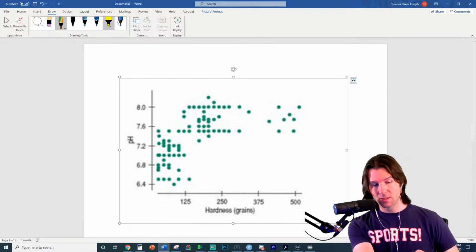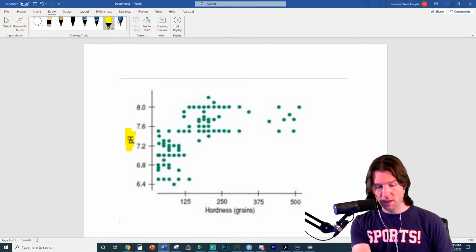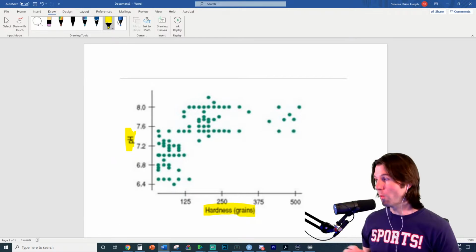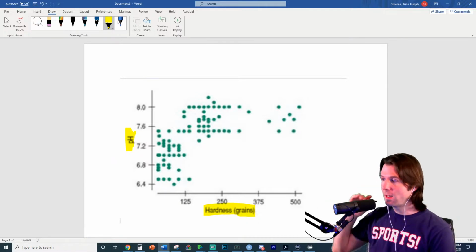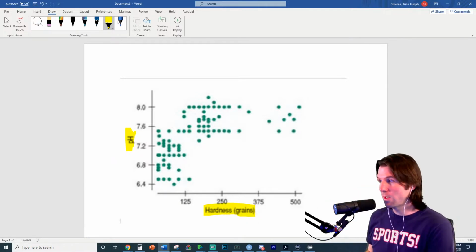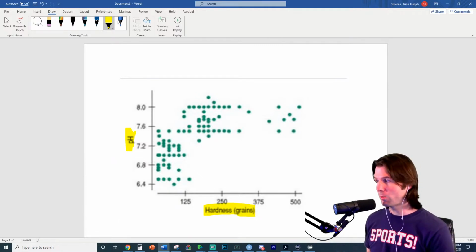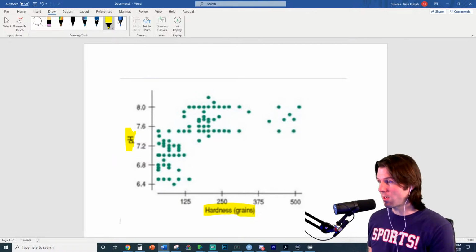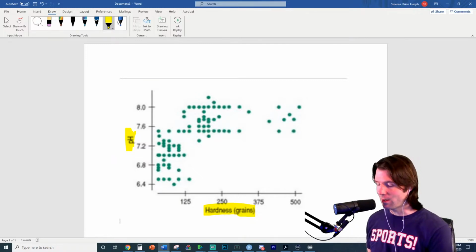So if I were to identify that this is quantitative, that means that both the y and the x variable are quantitative. So we've identified that we can do correlation. This is kind of the first most important one: if you don't have 2 quantitative variables, you're not doing correlation. If you have categorical, you're making mosaic plots. If you have quantitative and categorical, you're making side-by-side box plots. And if you're doing categorical and quantitative, you're doing logistic regression. So there's different things we do for different variable types. And that's why we teach you variable types at the beginning.